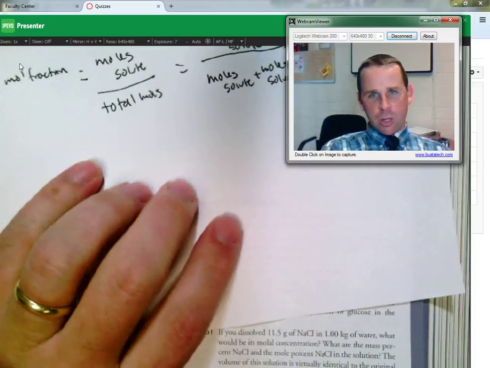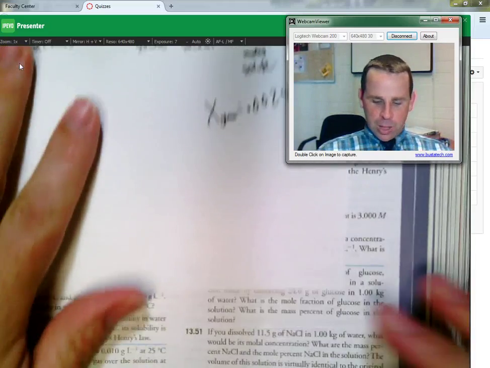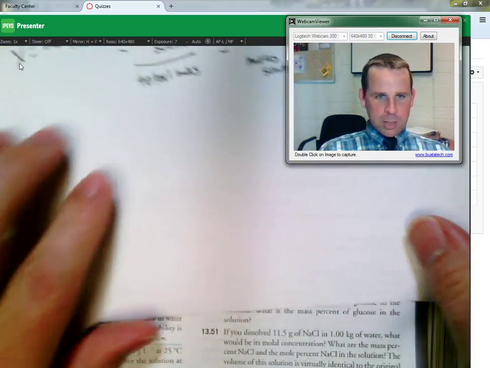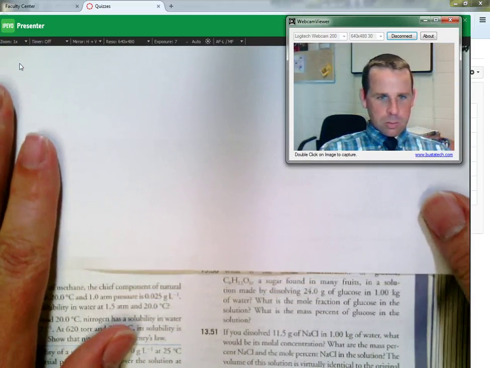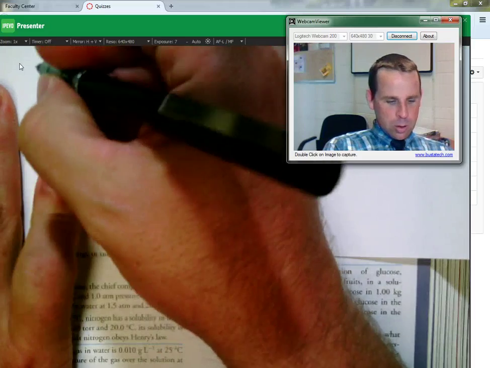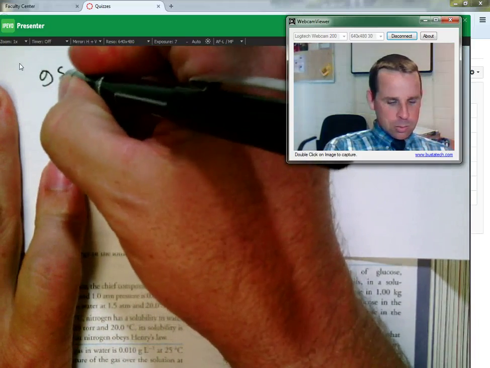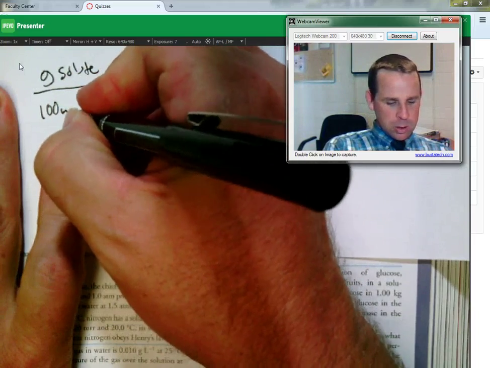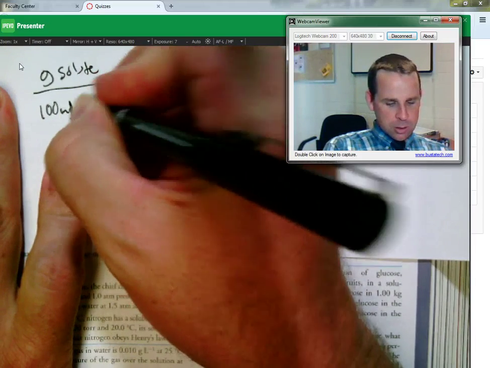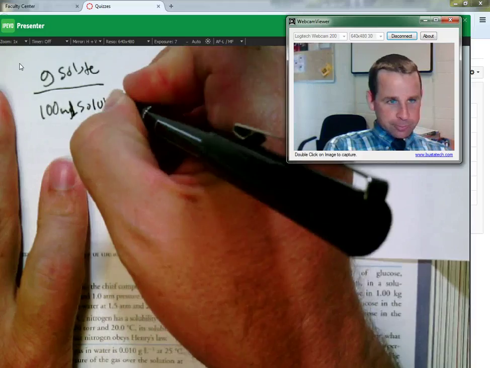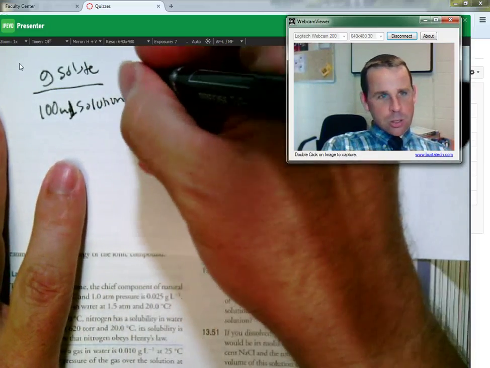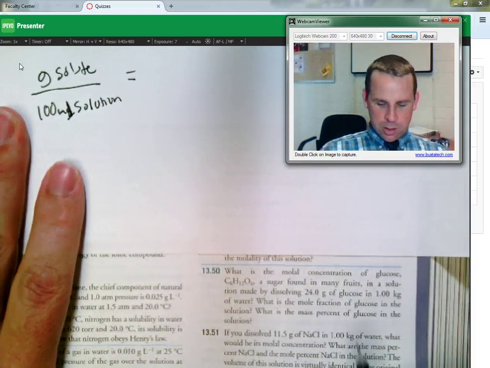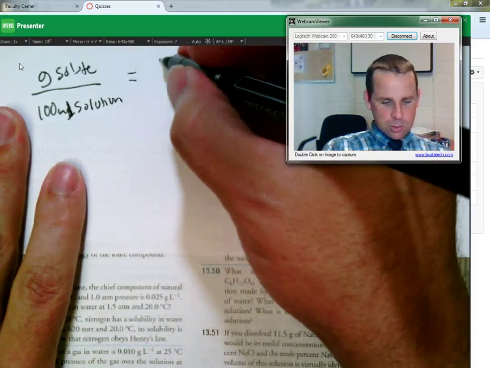Grams of solute per every 100 grams of solution. All right, so we're looking for mass percent, which is grams of solute for every 100 grams of solution. All right, so grams of solute, we know we have, it said right there, 24 grams of solute